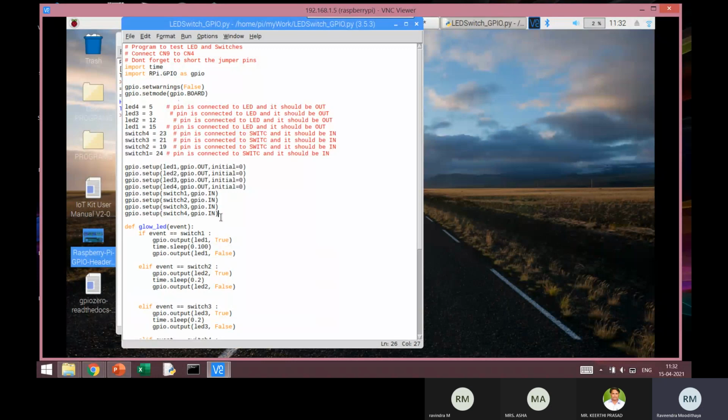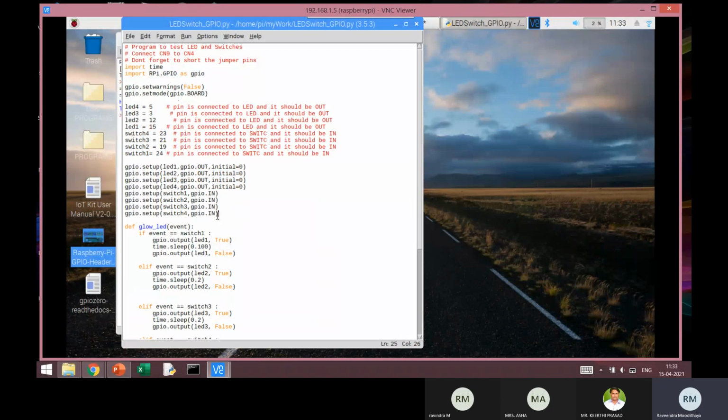So essentially what you are doing in these 4 lines is programming pin numbers 24, 19, 21 and 23 as input pins, and pin numbers 15, 12, 3 and 5 as output pins. That's all you do here, nothing more.